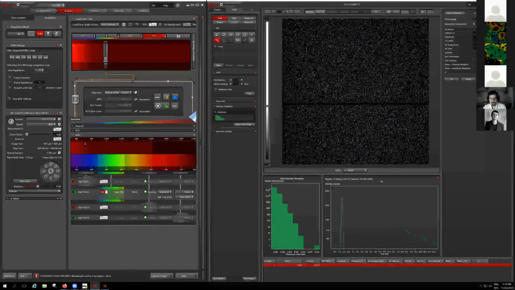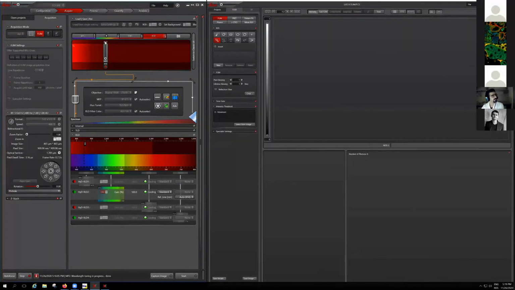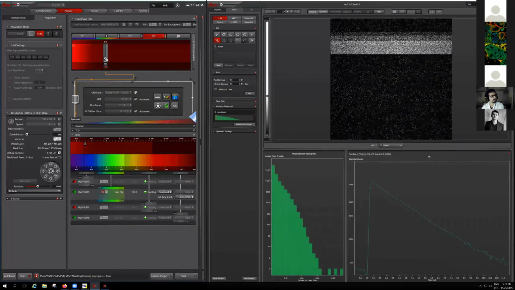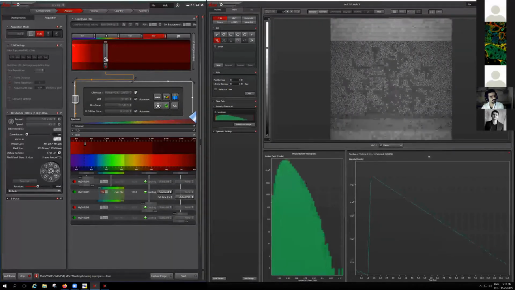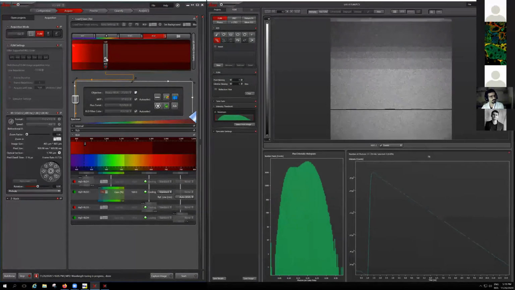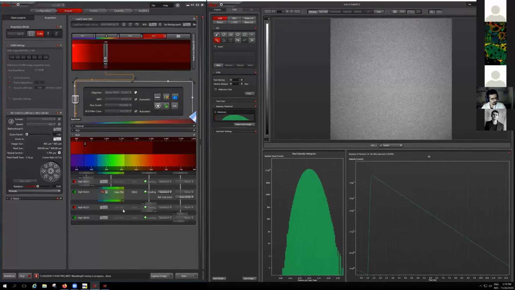I can play around with that, but what is the case here is, let me increase the laser power. So now I'm really at a very minimum. I increase it, and then you see that there is a limit. There is a red line that's showing itself. So I'm going to reduce also the